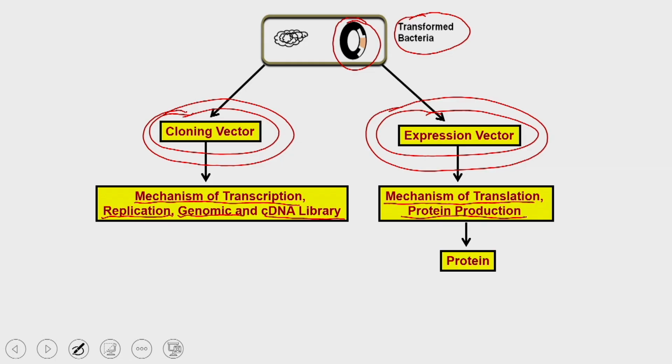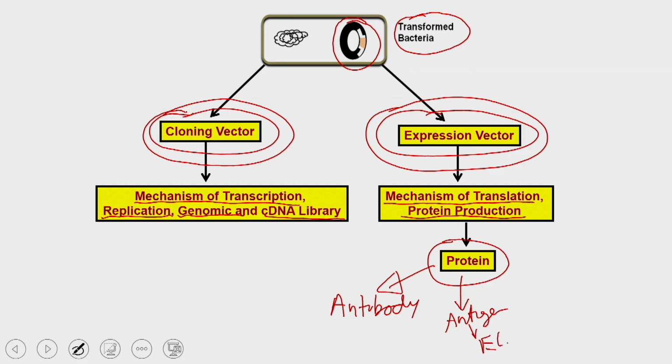Once you use it for protein production, this protein you can use for generating antibodies, or you can use this protein as an antigen to prepare an ELISA kit, or you can use this transformed host which is overexpressing this particular protein for regulating the metabolic processes,